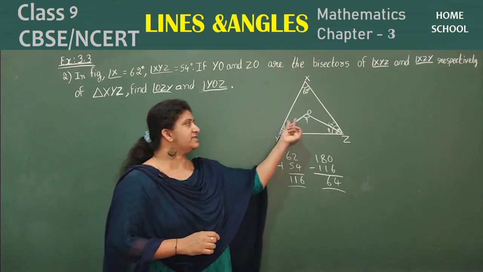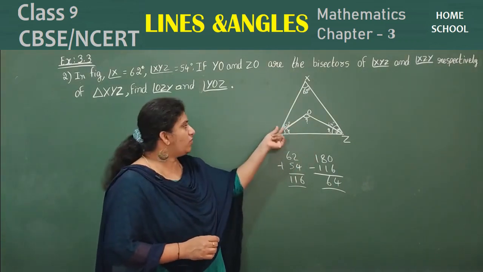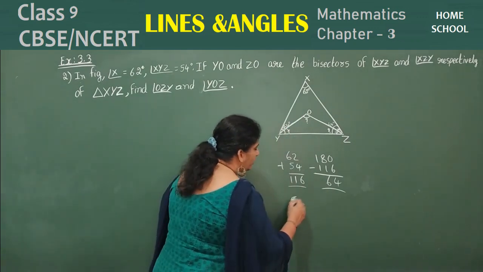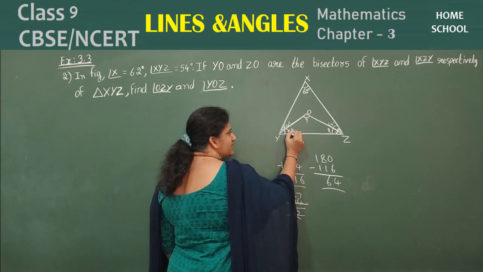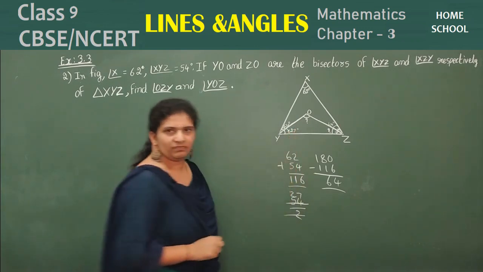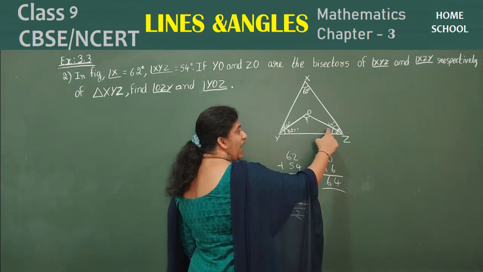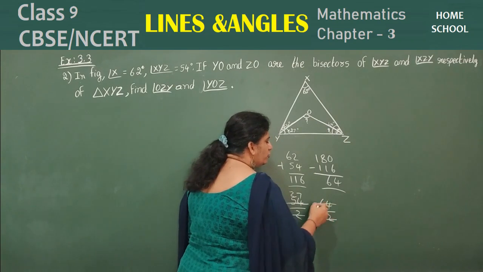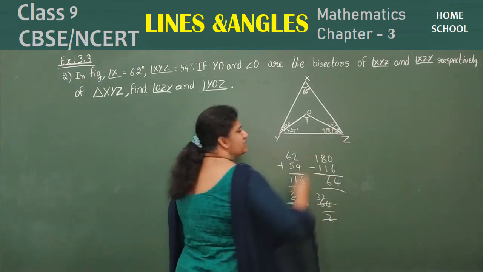So what will this angular bisector do? It divides equally, right? So what is half of 54? You divide 54 by 2, that will be 2 2s are 4, 2 7s are 14. That makes this angle 27 degrees. Similarly, this angle is 64. Half of it, again you do half of this. 2 3s are 6, 2 2s are 4. That makes 32 degrees this one.